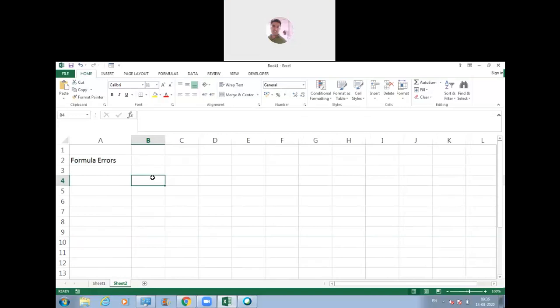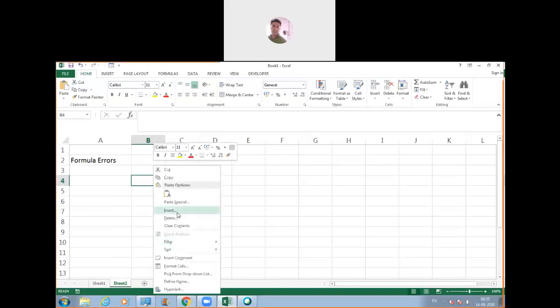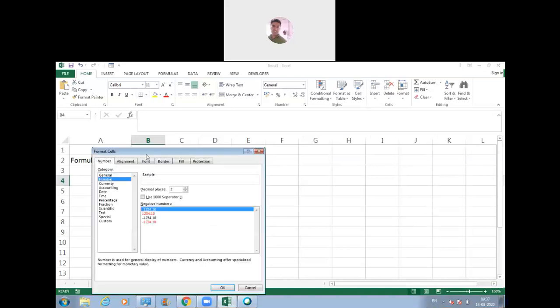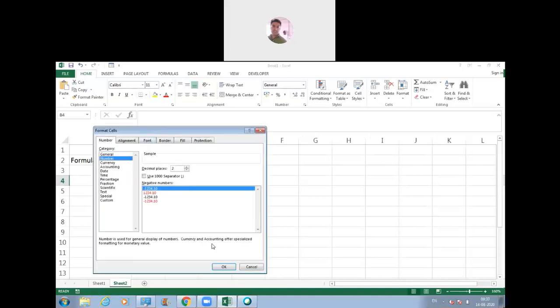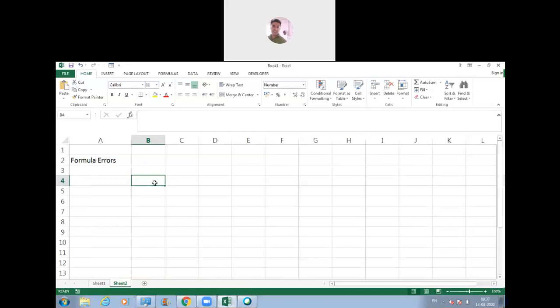Okay. Now we are going to talk about the first error. Suppose I enter, let me just change the format of the cell first to numbers. Now, suppose in this cell I enter a number like this.